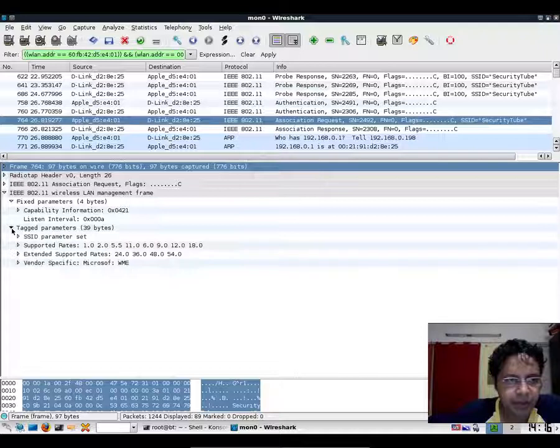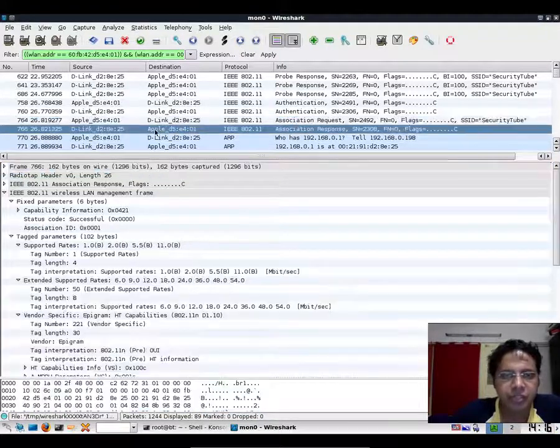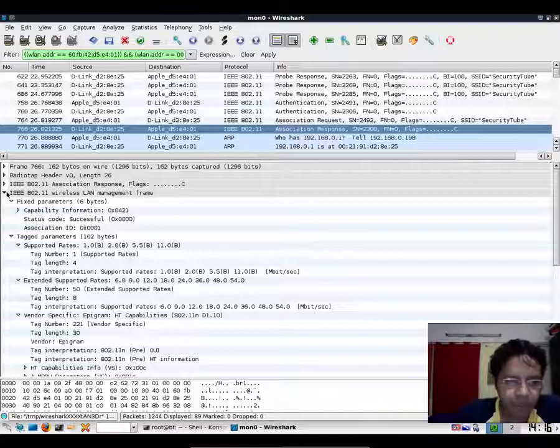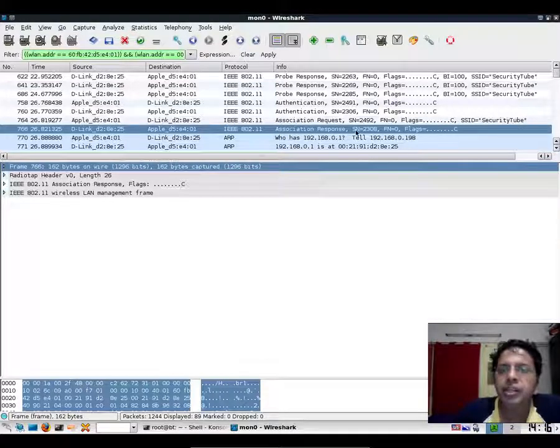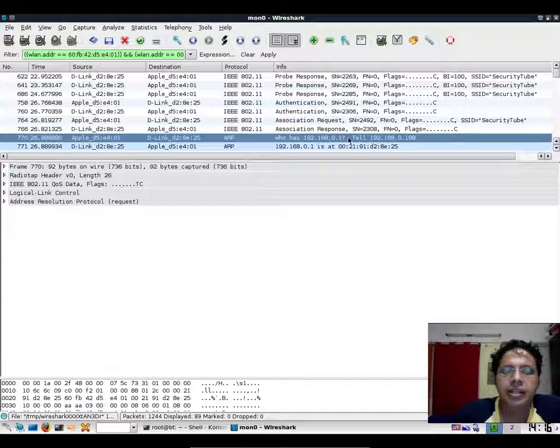right? And in that, it would specify a couple of things. Let's not worry about what these intricate things are at this point. And if the access point is satisfied with the authentication phase, it would respond back with an association response with a lot of details such as what capabilities it has and things like that, right? Once it receives this, data transaction starts between the access point and the client, and this is what we can see.